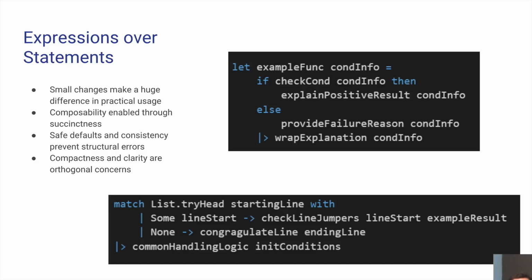Another thing I throw in here is the forward pipe operator, also familiar to people in Elixir and a lot of other languages. In F#, it's actually even more important because of the way it does type inference. To get a little bit into it, F# has a one-pass compiler, so it actually reads code left to right, top to bottom. And if it figures out what's on the left side of the code, it uses that type information to inform the next step of the compilation process.